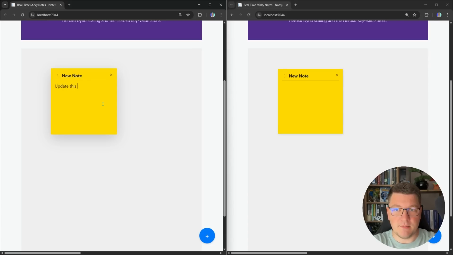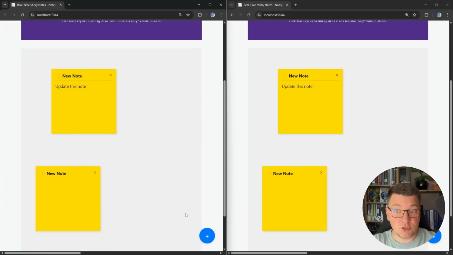So if I were to update this node, it's going to store this value inside of my database and then propagate the update to my connected clients. If I were to add another node, it's also going to show up in my second client. And note that when I drag the node on the screen, it's also going to propagate this change to any